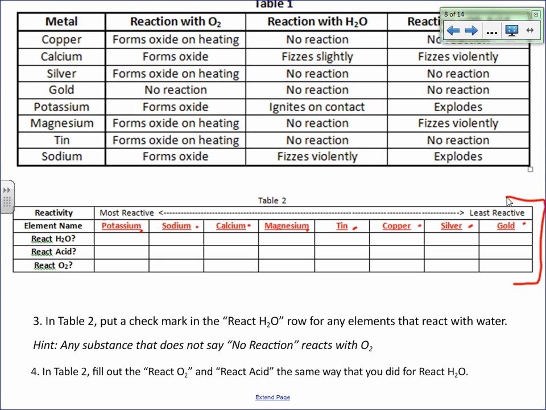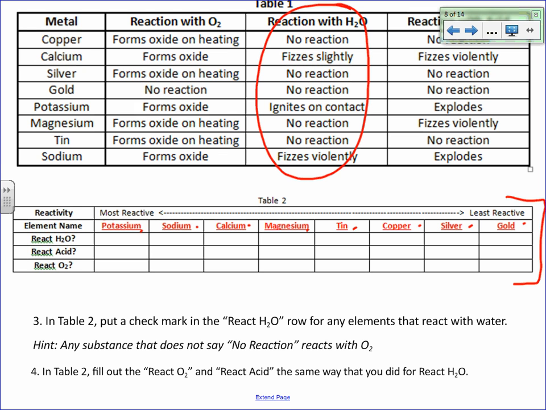So there's tons of different types of reactions. You could put an acid on something and have it make tiny little bubbles, and that's considered a reaction. You could put acid on something and it blows up half the building. That's also a reaction. All right, any sort of chemical exchange is considered a reaction in this case. All right, so if we start and we're looking at the water one first,